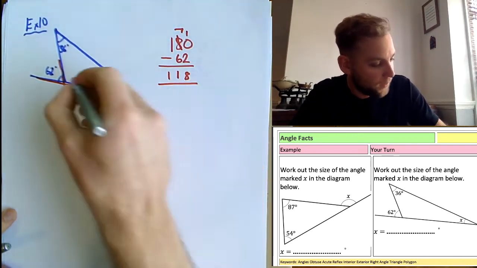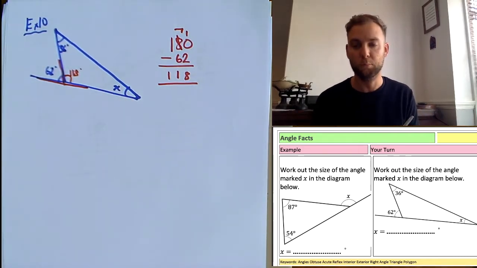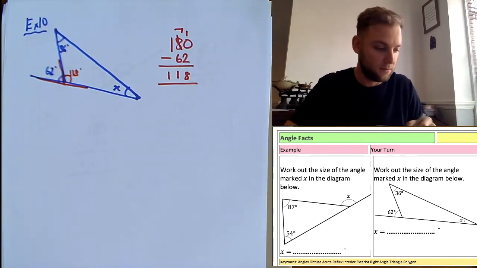So I'm left with, I know that this angle here is equal to 180. Brilliant. So now I've got angles in a triangle. So I can do the second part now, which is